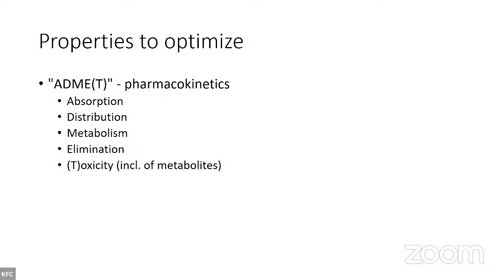And then finally, there is also this T factor, toxicity, and this is usually explained by way of off-target behavior. So let's say we have some nice, I don't know, kinase inhibitor, perhaps at the same time it's also a hERG inhibitor and it will cause heart valve related problems. So we need to find some way to deal with this. And actually, because there are so many ways by which toxicity can occur,